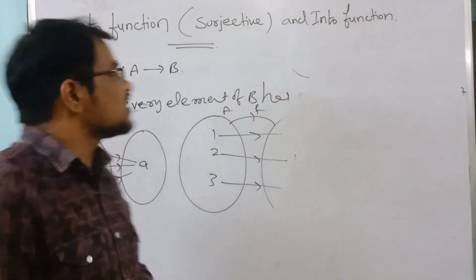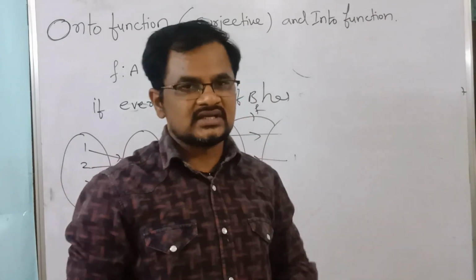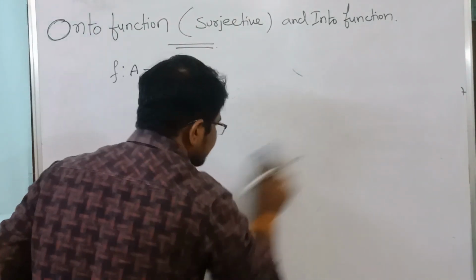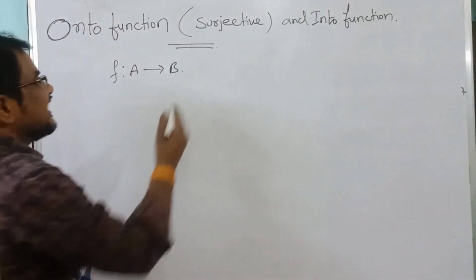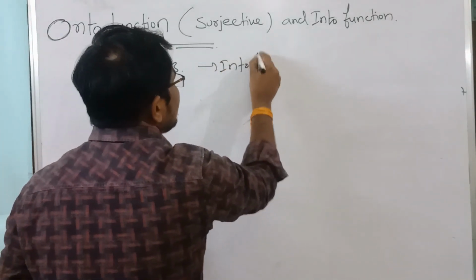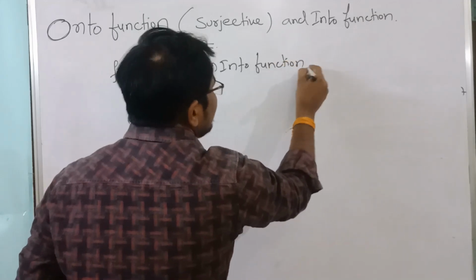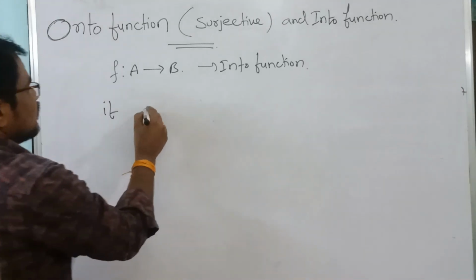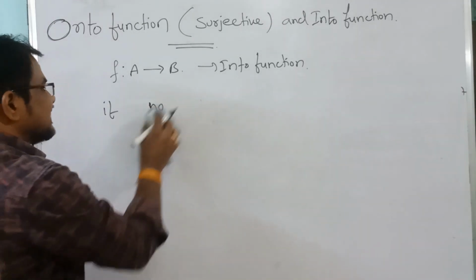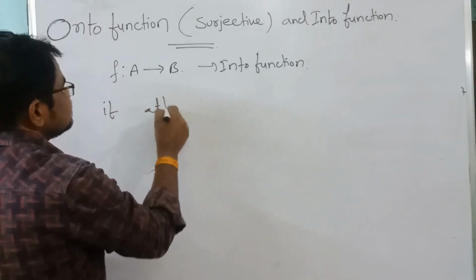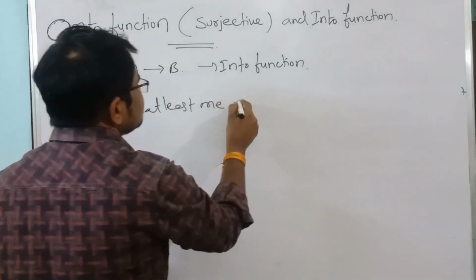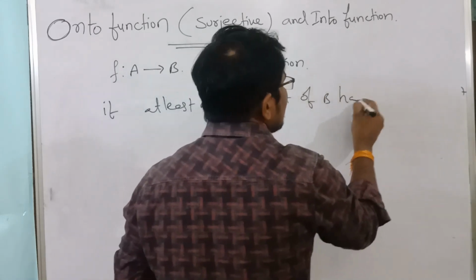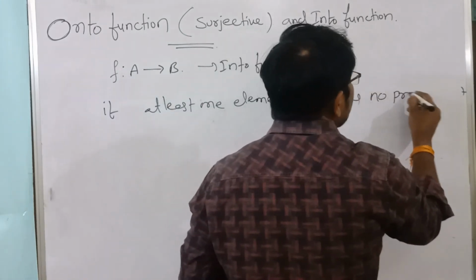A function which is not onto is called what? Into function. Otherwise, a function f from A to B is said to be an into function if at least one element of B has no pre-image